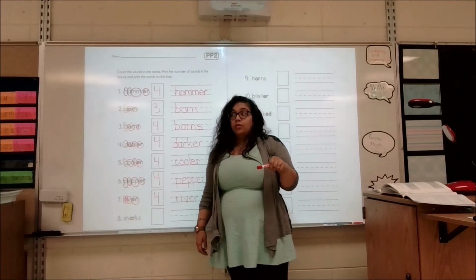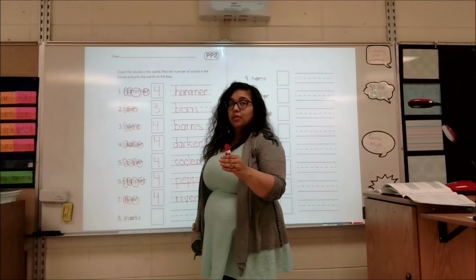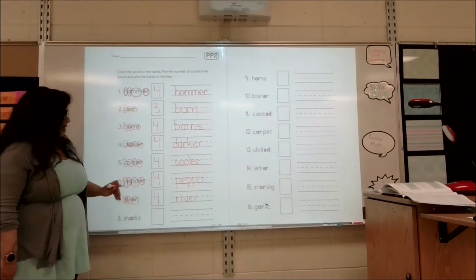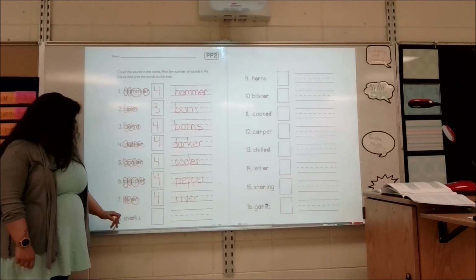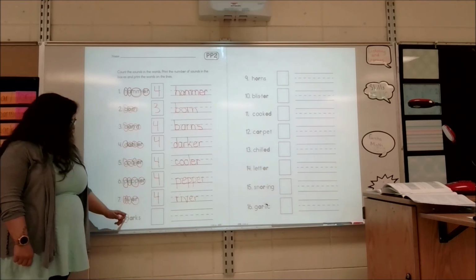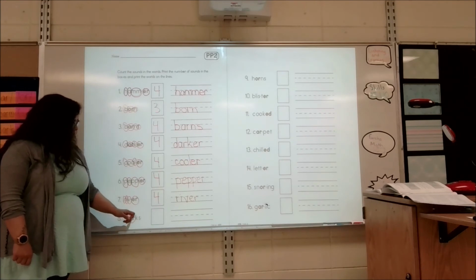Only by adding this s, they're telling you that there is more than one shark. Uh-oh. Definitely don't want to encounter all of them. But let's go ahead and circle the sounds and write the word sharks. More than one. So, sh, ark,